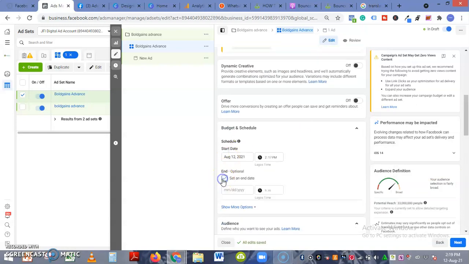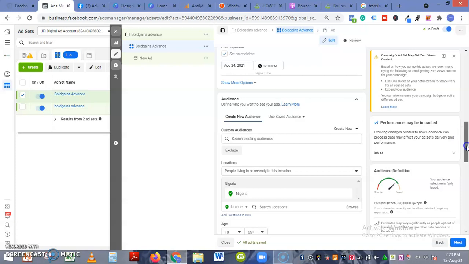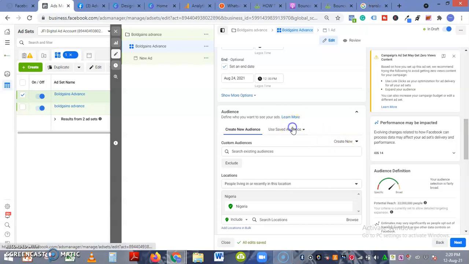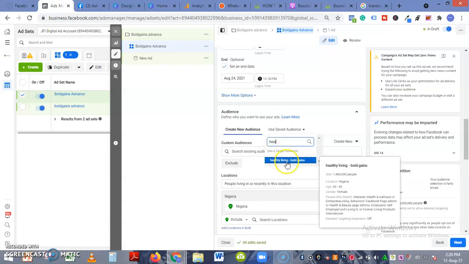Then schedule the start and end date. I want this ad to run for 2 weeks, so let me say 12 days, so August 24, to end by 12 p.m. Let's see, I have a preset audience. So I'm just going to go with that. I actually want to check 2 audiences, so let me see. Board Gains. Okay,